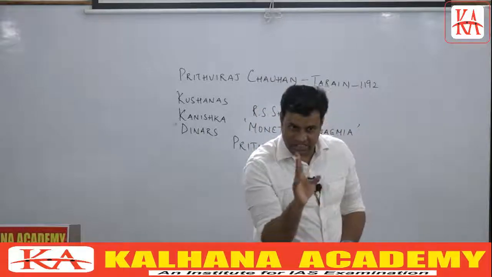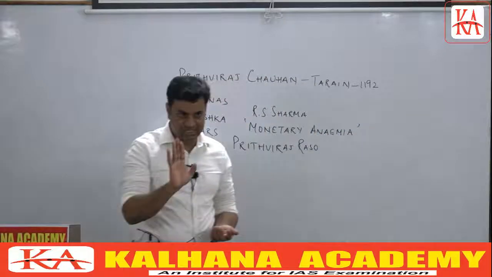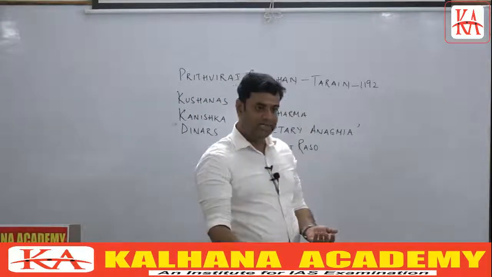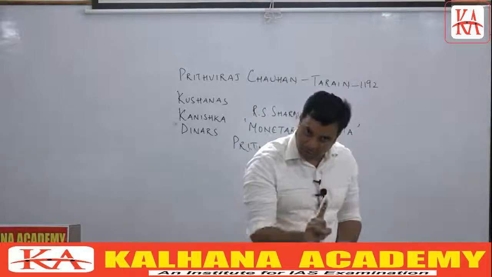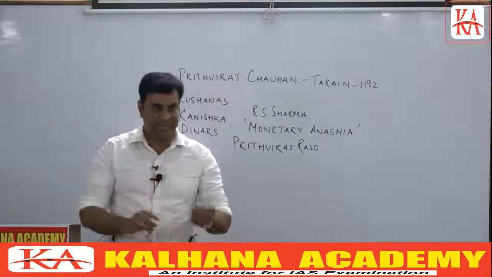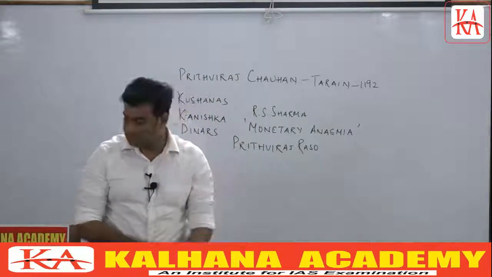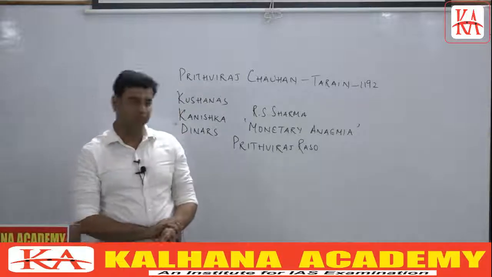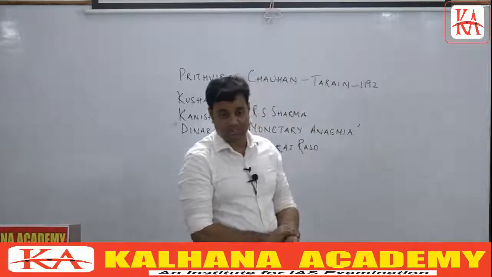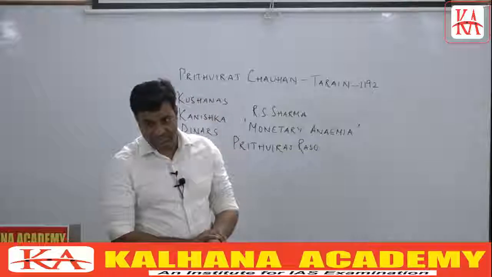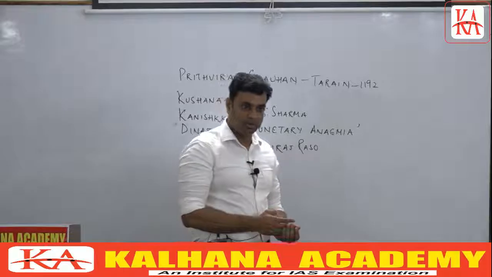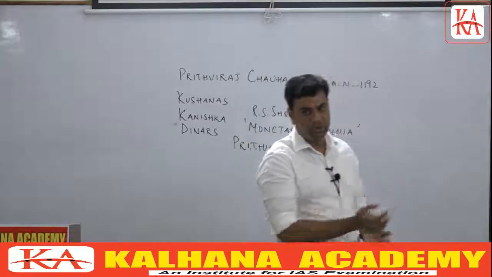This much is clear till numismatics. First is archaeology, that is exploration and excavation, then epigraphy, that is inscriptions, and then numismatics. From among all these sources, the most important are inscriptions or epigraphy. Now from here we'll move on to monuments, and then to literary sources. We'll do literary sources elaborately because you get questions on them, especially Shruti literature, that is the Vedic literature. From here, we'll continue tomorrow. We'll start with monuments and then move on to literary sources.